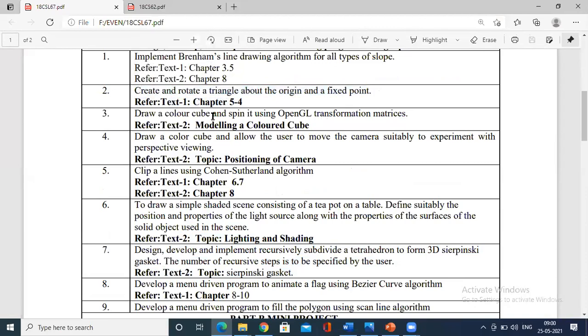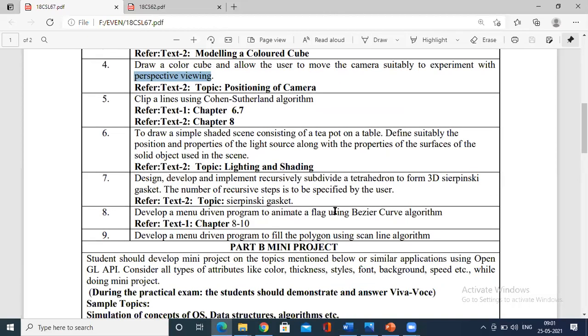Execution I'll show in the afternoon first, then you'll go to the Bresenhams. So the first program is completed, third is completed, fourth is going to be completed, seventh is completed, right? The rest is much simpler: rotation, the transformation matrix, then the flag, then the menu driven scanline fill algorithm. Most of the theoretical part regarding the programs we have done.